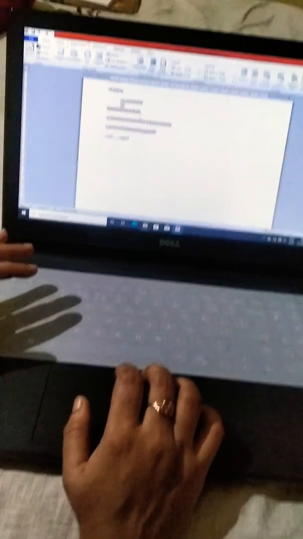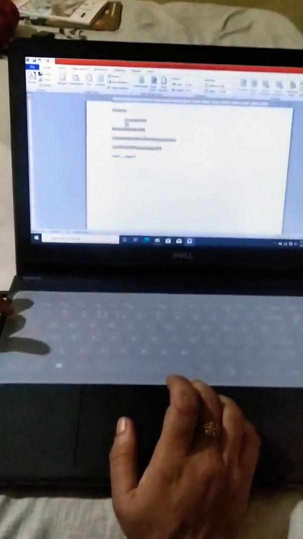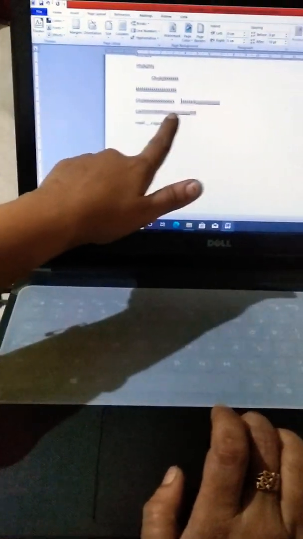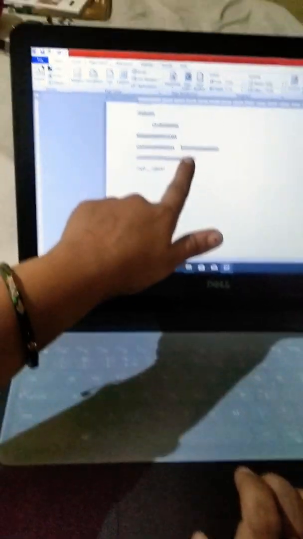If I move the cursor here and press the tab key again, you can see these letters are moved forward 0.5 inch, because 0.5 inch is the default setting.